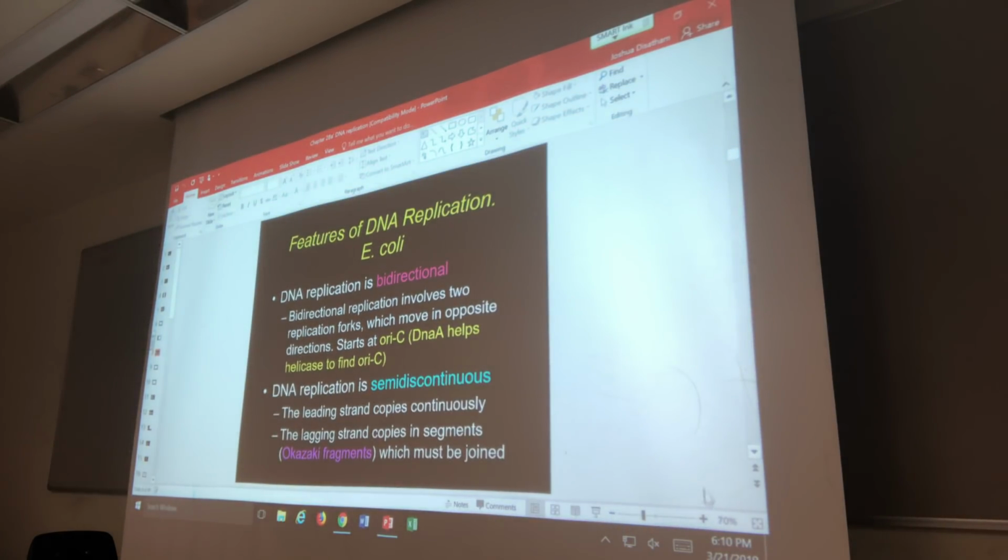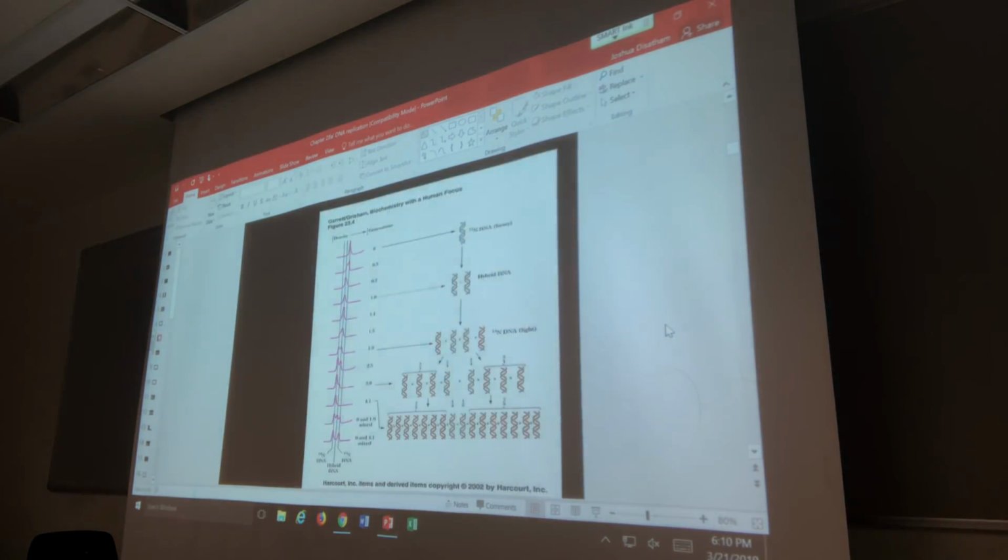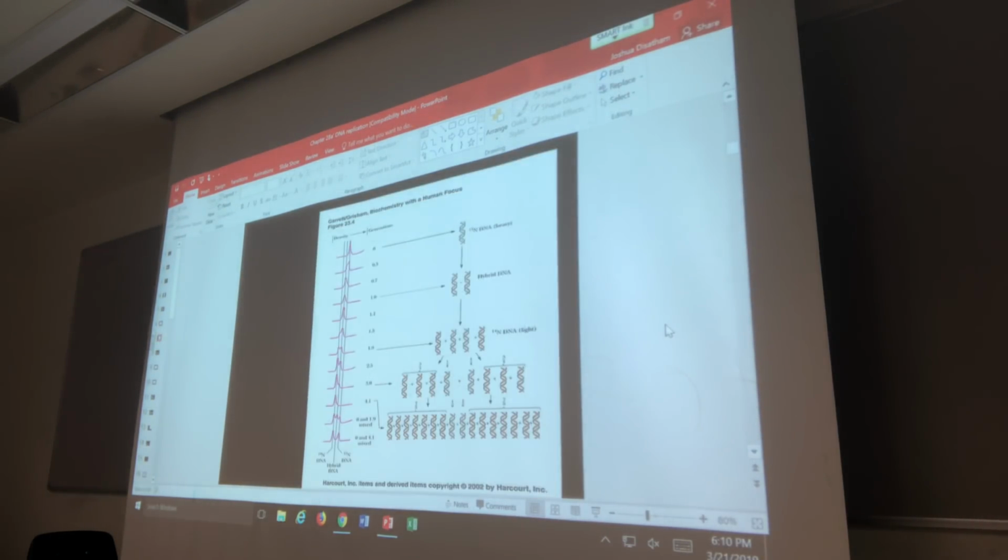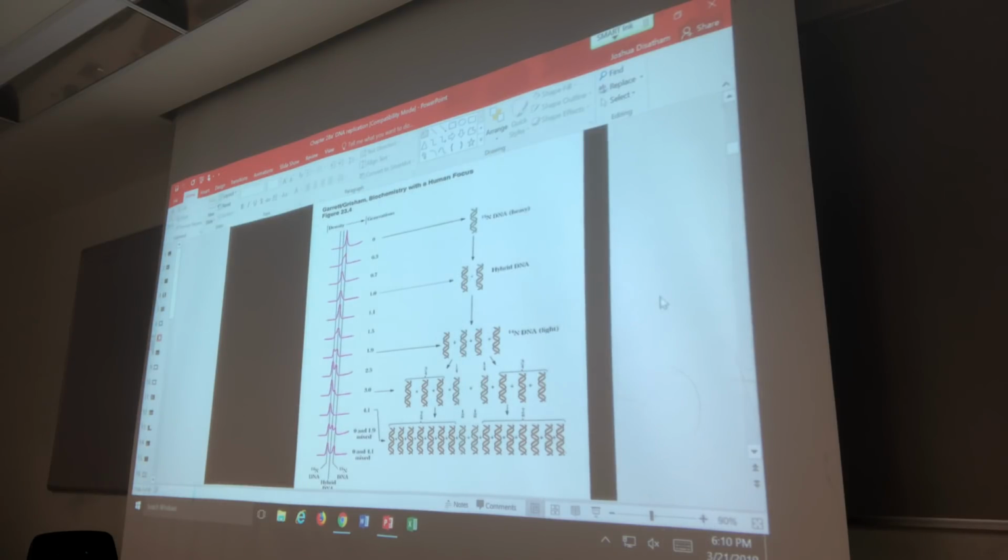All right. Can you go back to the picture before, please? This one? No, the other one. This one. Are they showing that they had N15 first and then they added N14? Yeah, maybe. I might have said it backwards this whole time. My bad. It seems like if this is the way it went, I said it completely backwards. It probably does make sense that they would use only radioactive DNA for the original strand.